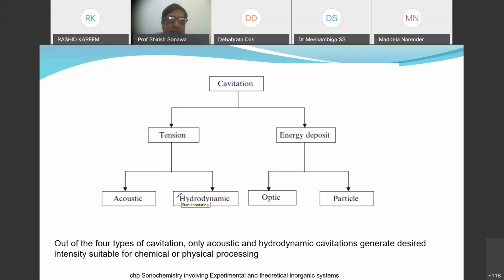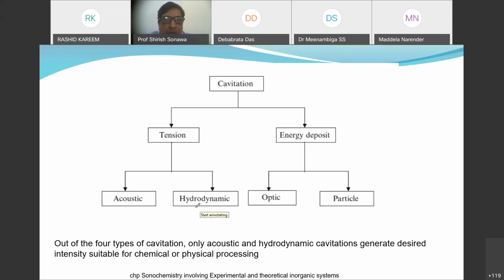So in the morning, acoustic cavitation wise, Ashok discussed different types of equipment. For example, the ultrasound bath. Doctors used to use an ultrasound bath earlier for cleaning their equipment. Then there is the ultrasound probe, as well as the horn type of ultrasound. We can use it at laboratory scale. I already discussed that hydrodynamic cavitation basically happens when you use small conduits, maybe an orifice or venturi, through the